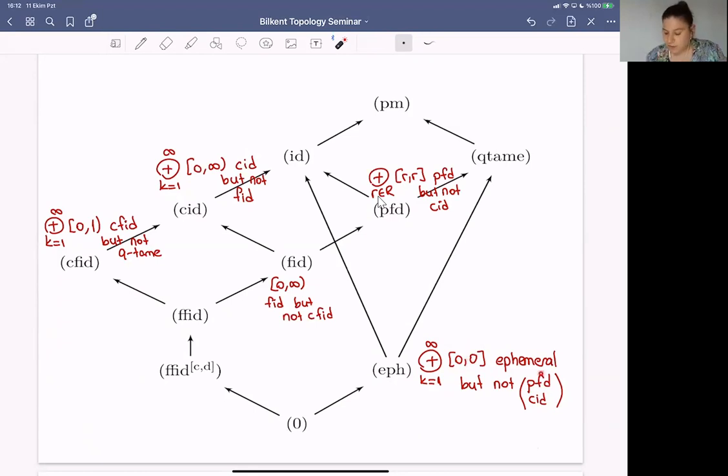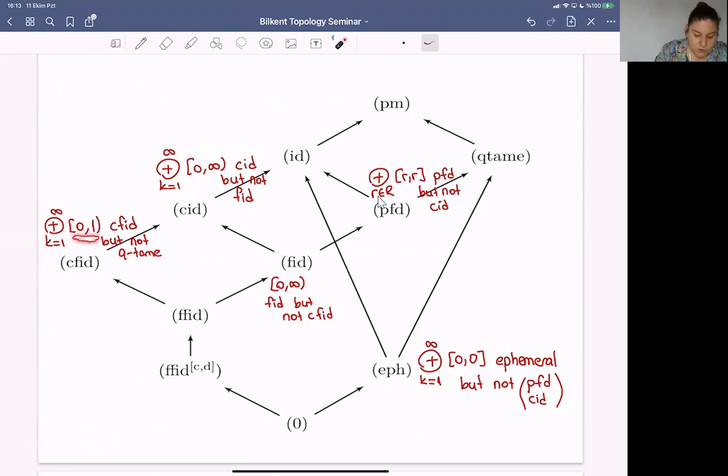So this is not a pointwise finite dimensional persistence module. That means there is no arrow from ephemeral persistence module to PFD. Or maybe you can consider this interval module. Here, this is countably finite interval decomposable. I mean, you have a countable index set, and also this is